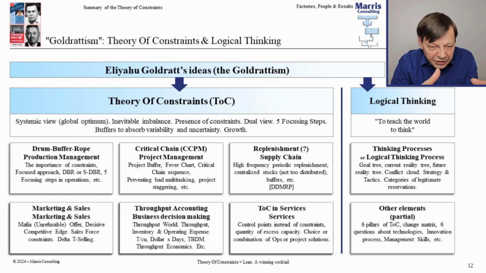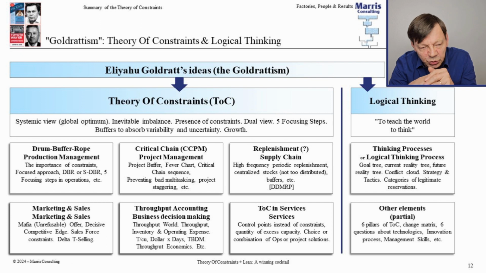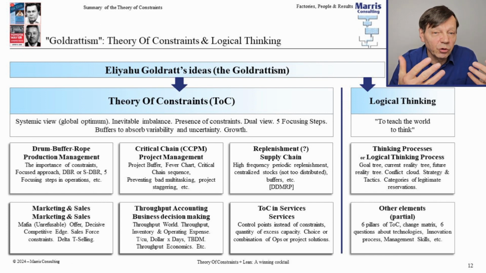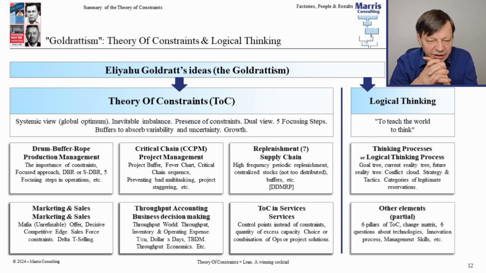So in the theory of constraints, there are the different elements. One of them, historically the best known and probably the most used, is in production, right? And it's implementing what is in the novel The Goal with drum buffer rope and all these sorts of things. Okay. And critical chain project management are the ideas of the theory of constraints on how to manage